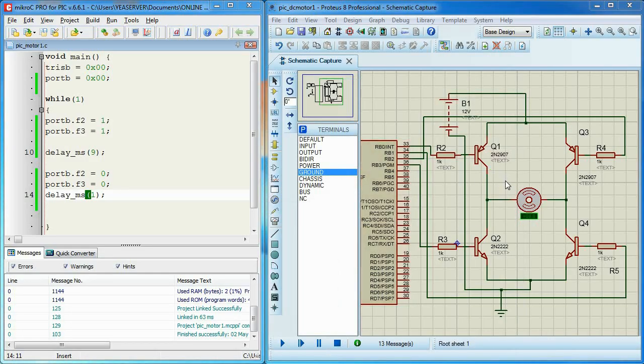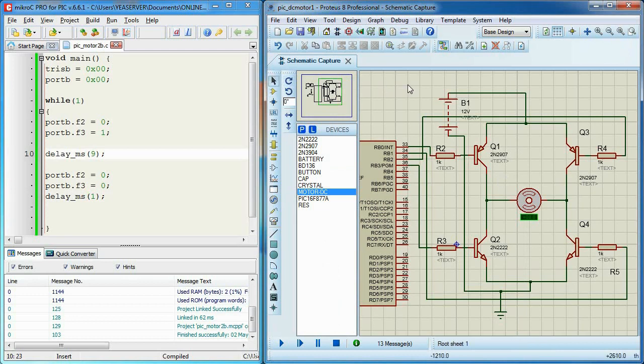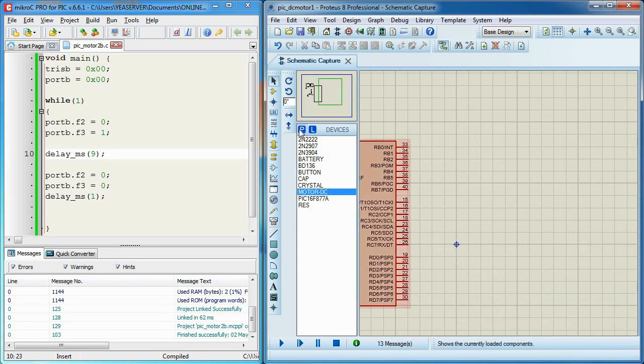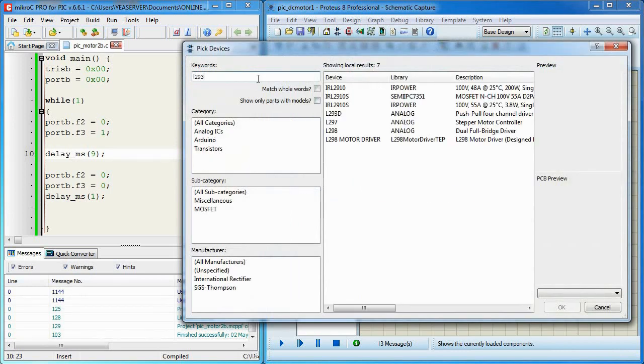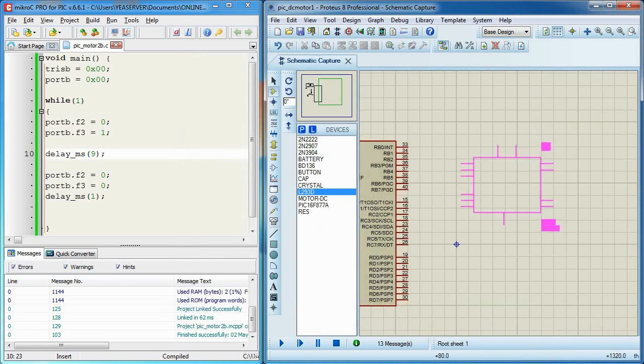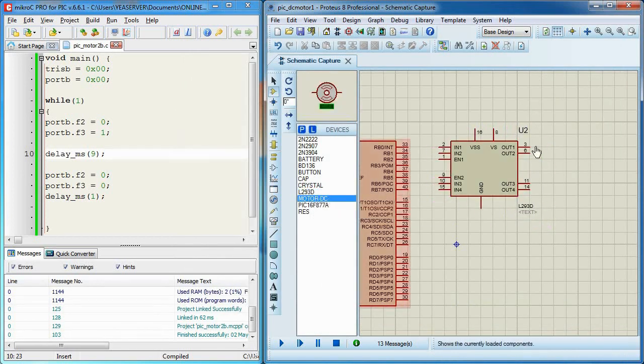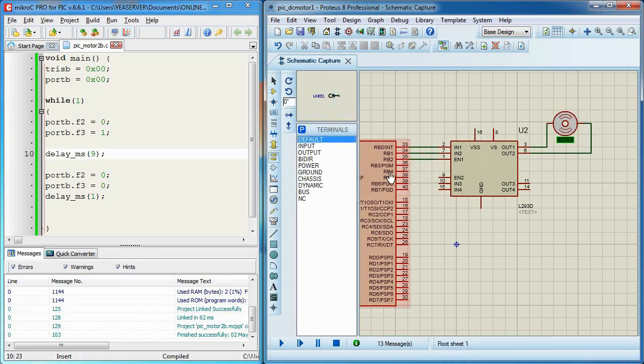So let's create our schematic diagram. And let's give power supply for the chip and ground as well. As for the power supply for the motor,